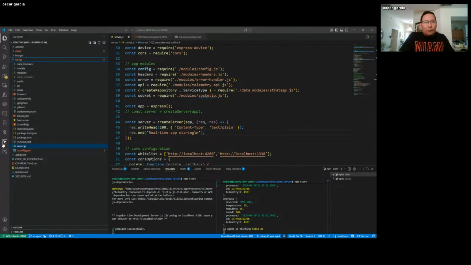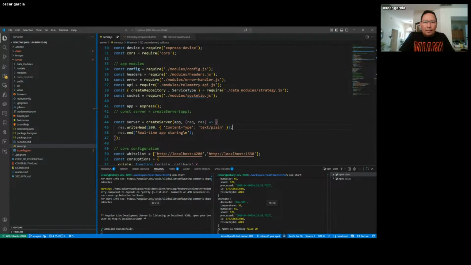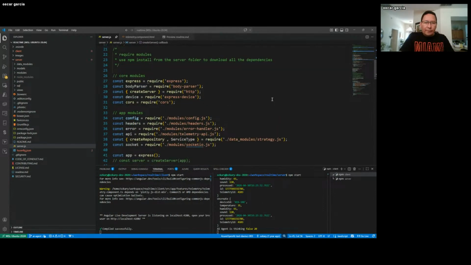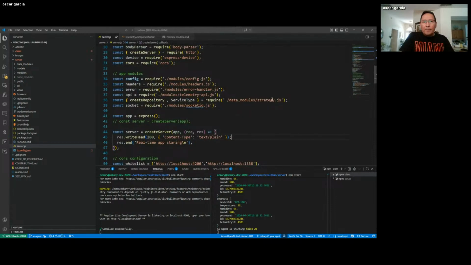When you go to the server, look for this server.js file. It's just a Node.js server application. Of course, you can use Python, you can use C#, .NET to do this. But basically, looking at the principle of everything, this is importing modules into the process. So it's a server application that imports modules, and those modules are the telemetry API module, the socket IO module,